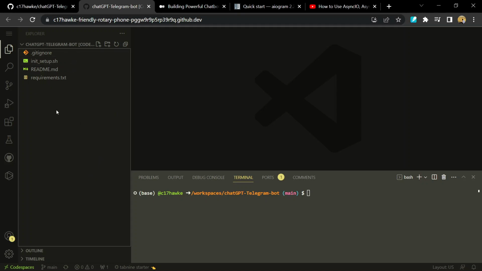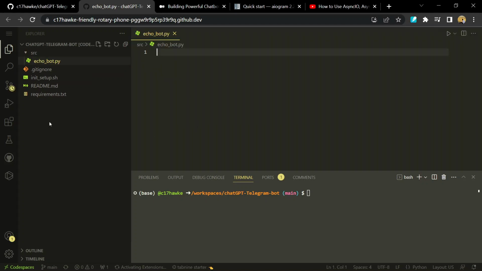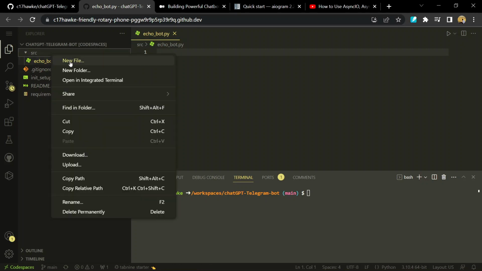Now, what we can do is create a file inside a repository. Let's call it the source folder, src. In that, we will create the first file, that is ecobot. What is ecobot? Because we are going to deal with the Telegram bot API, we will create ecobot first, and then we will also create one more file here,